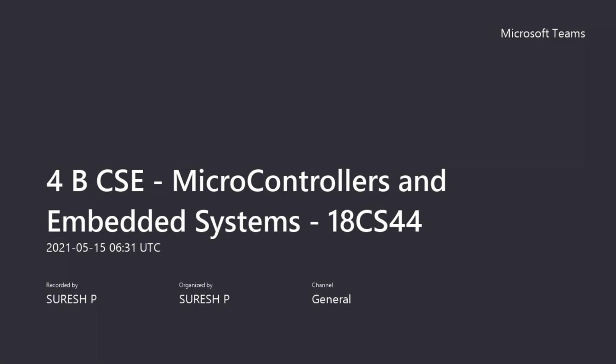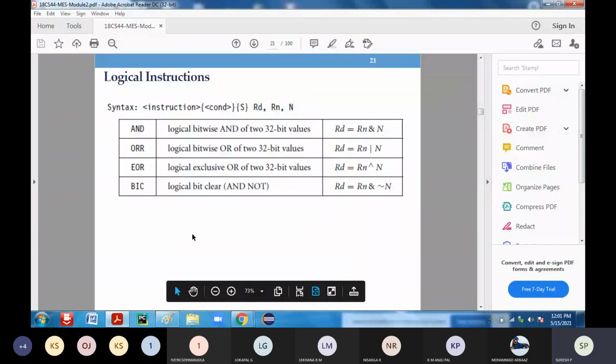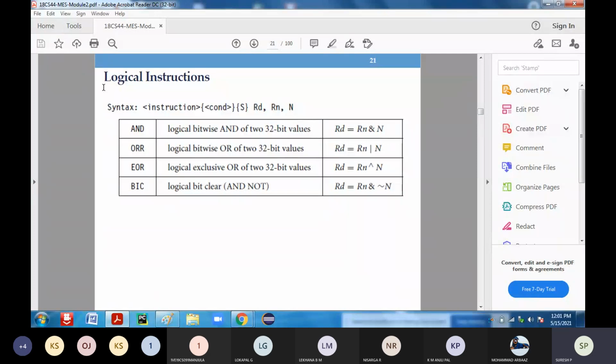In the previous class we discussed the add and compare data processing instructions, that is move, add, and subtraction. Now we will start the discussion of logical instructions. All of you go through the barrel instructions properly, how the barrel shifter works. Then only you will understand most of the programs.